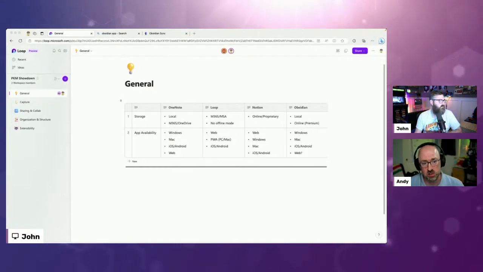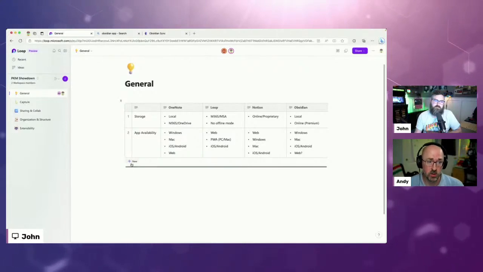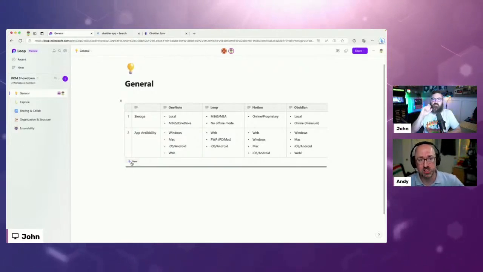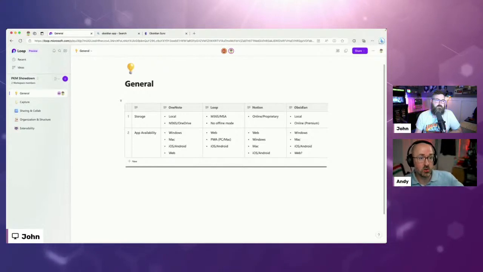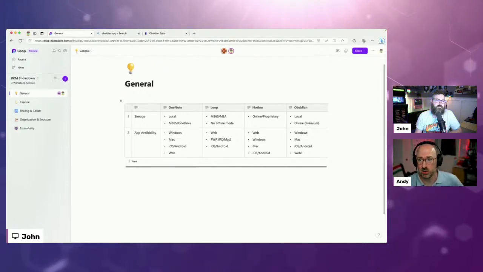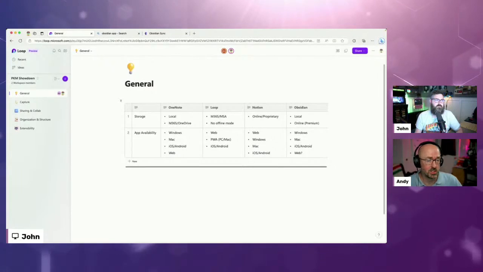I specifically picked Obsidian because there were a number of features that it provides that we'll go in more depth with, that I don't see in other apps that are really valuable for some of the work and the things that I do. So we know there's a ton of apps out there, Moises, Craft, Confluence.